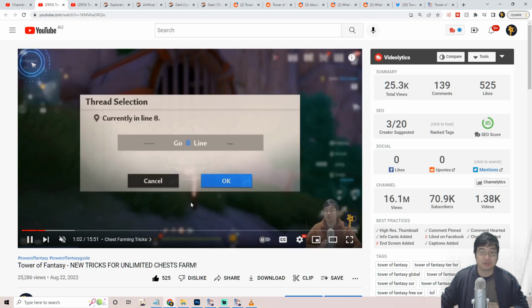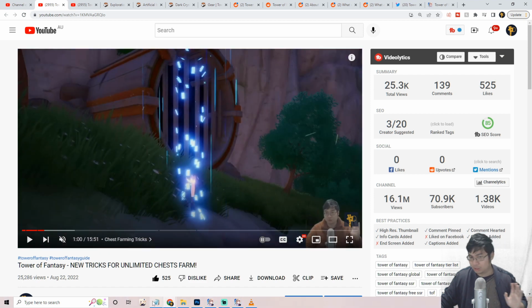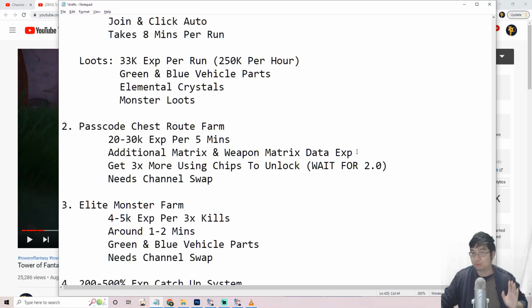So let me try to show you guys some of the loots we got. Maybe I can. So yeah, a lot of the chests you can be getting the weapon and also matrix data experience, but this will require you to manually do this. Now, I don't recommend opening the chest for the passcode chest to get 3 times more experience and also more